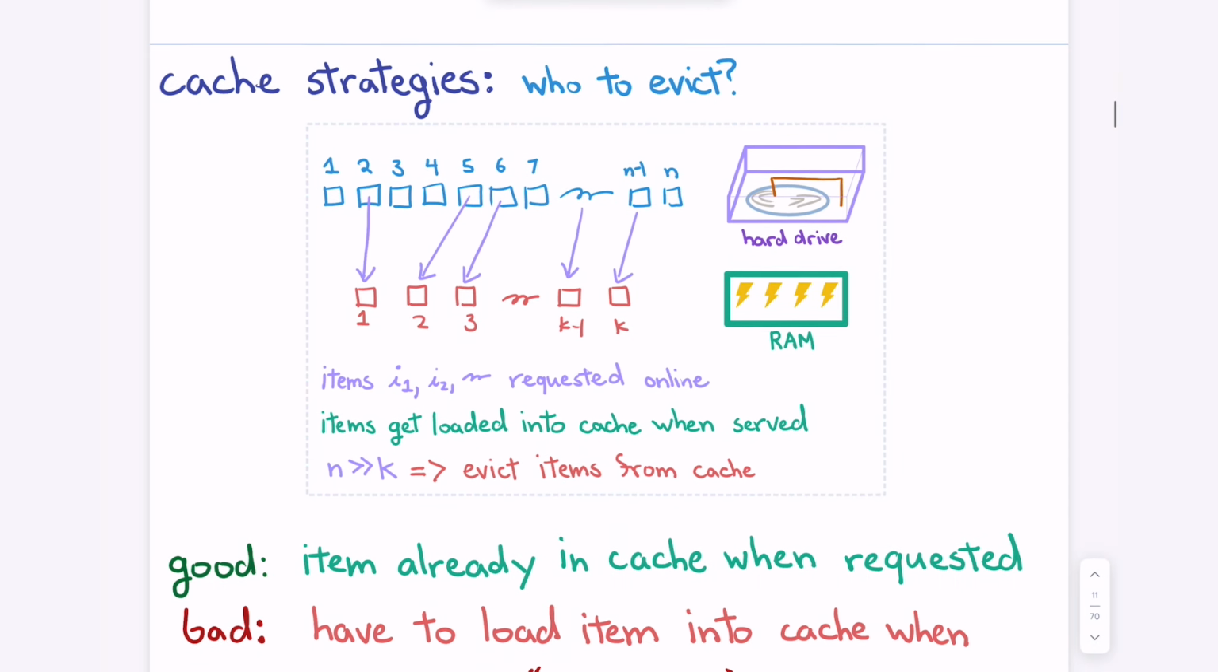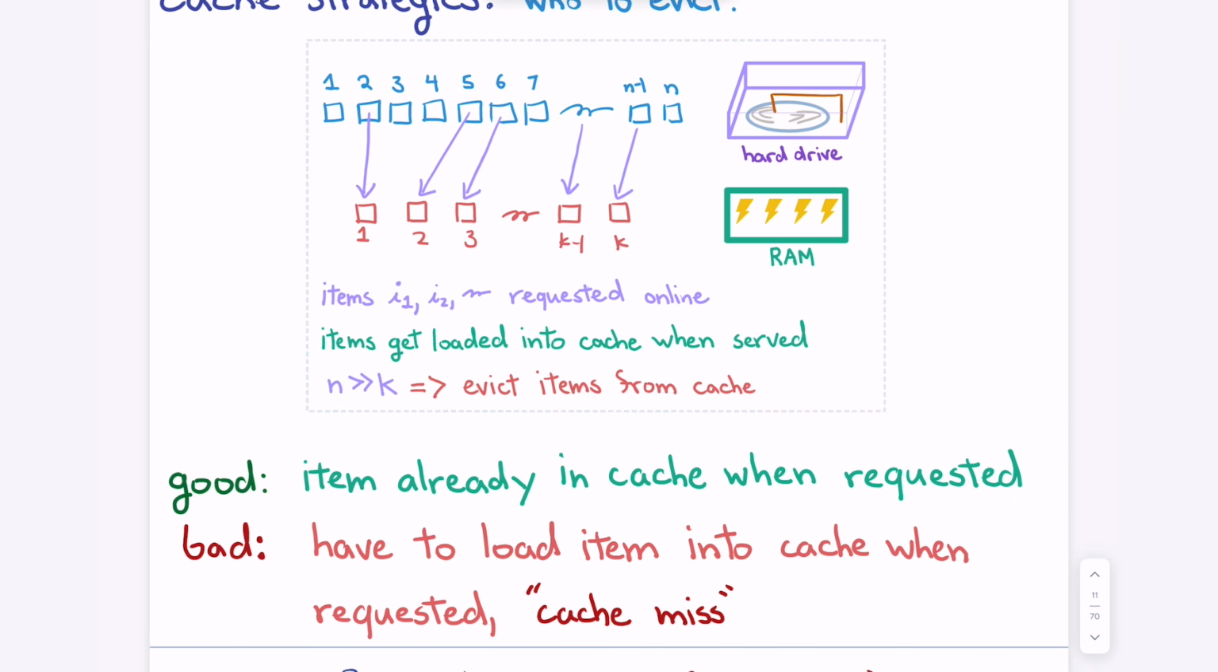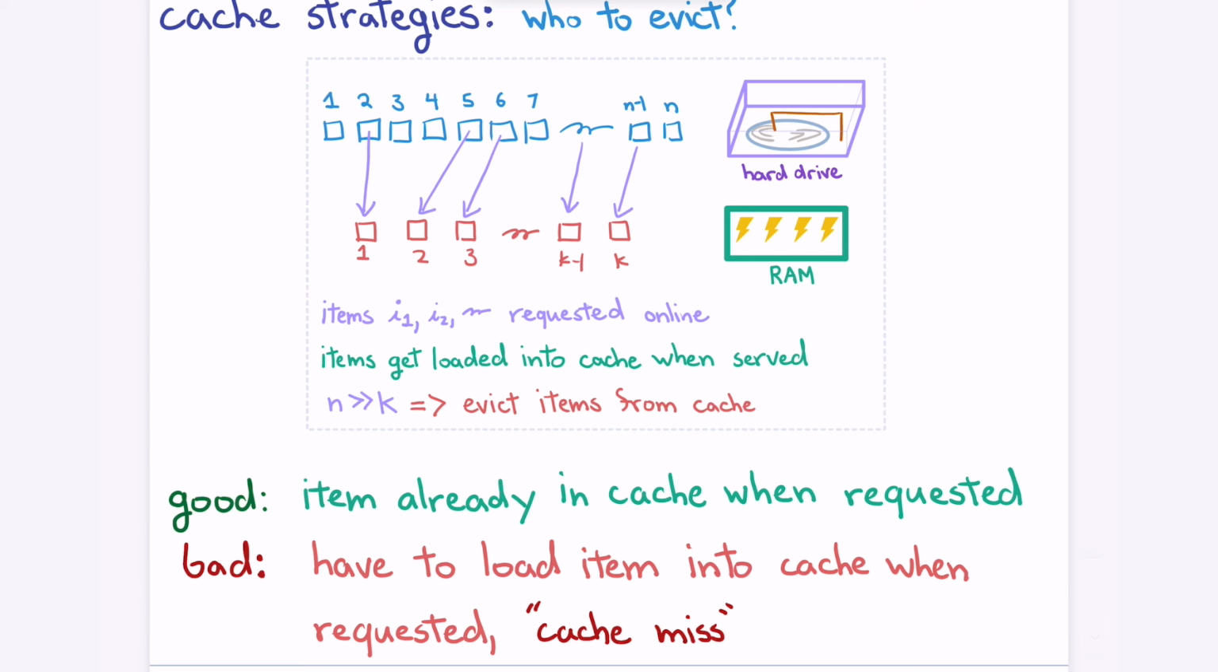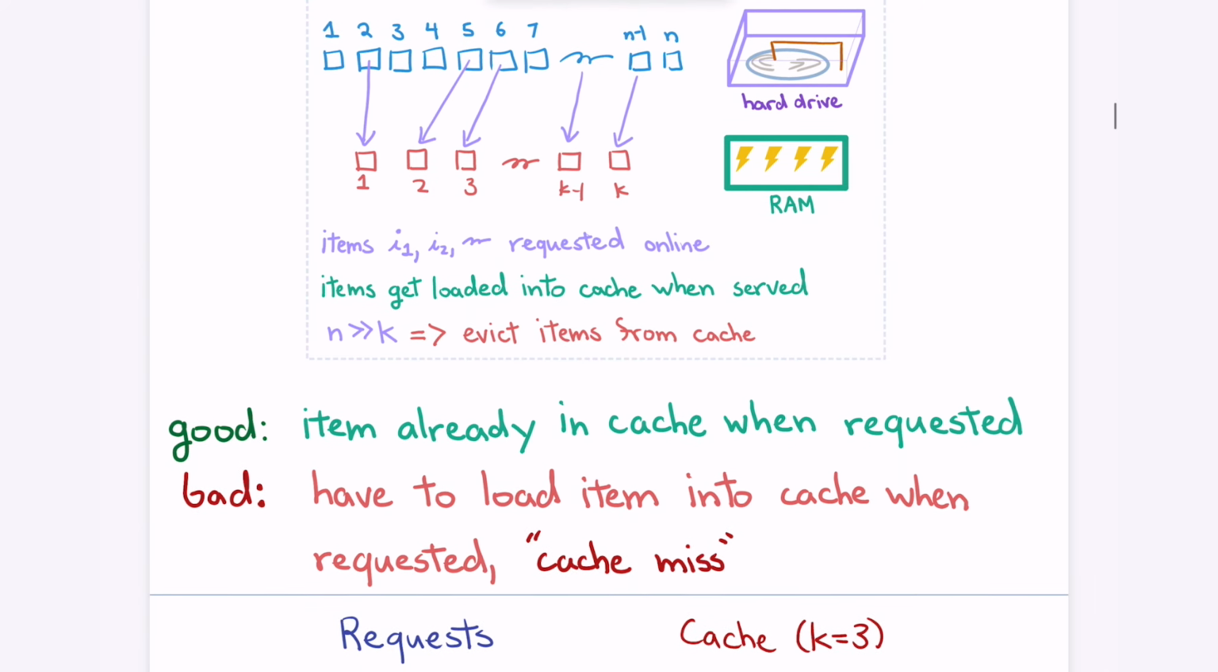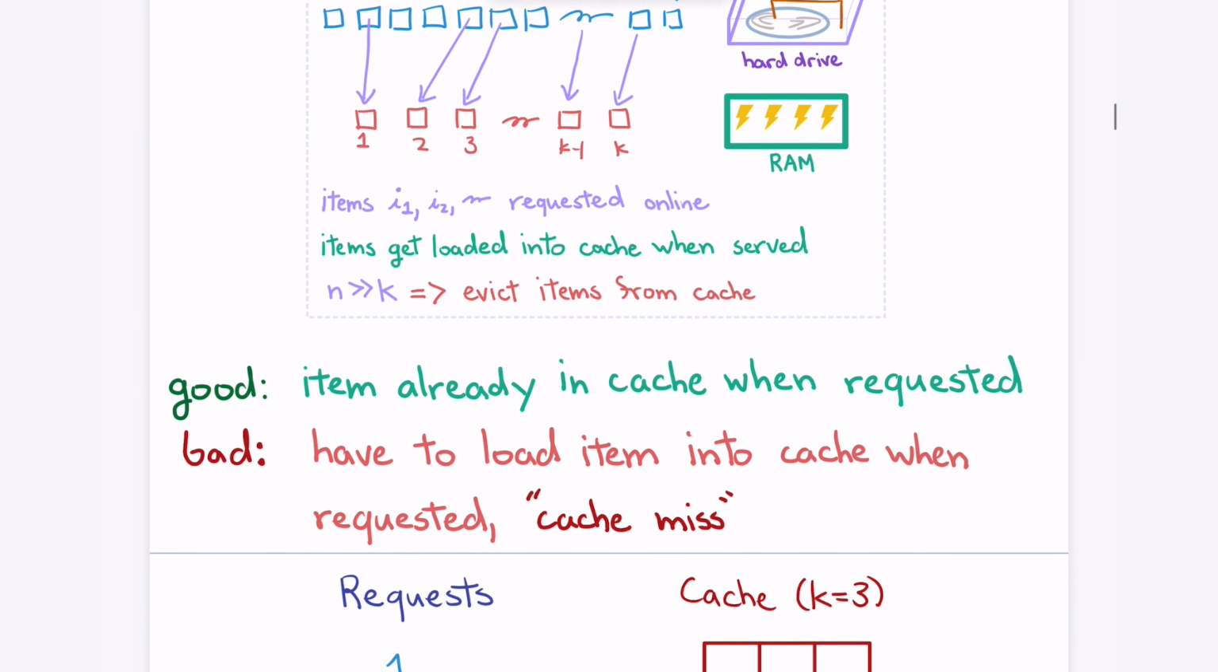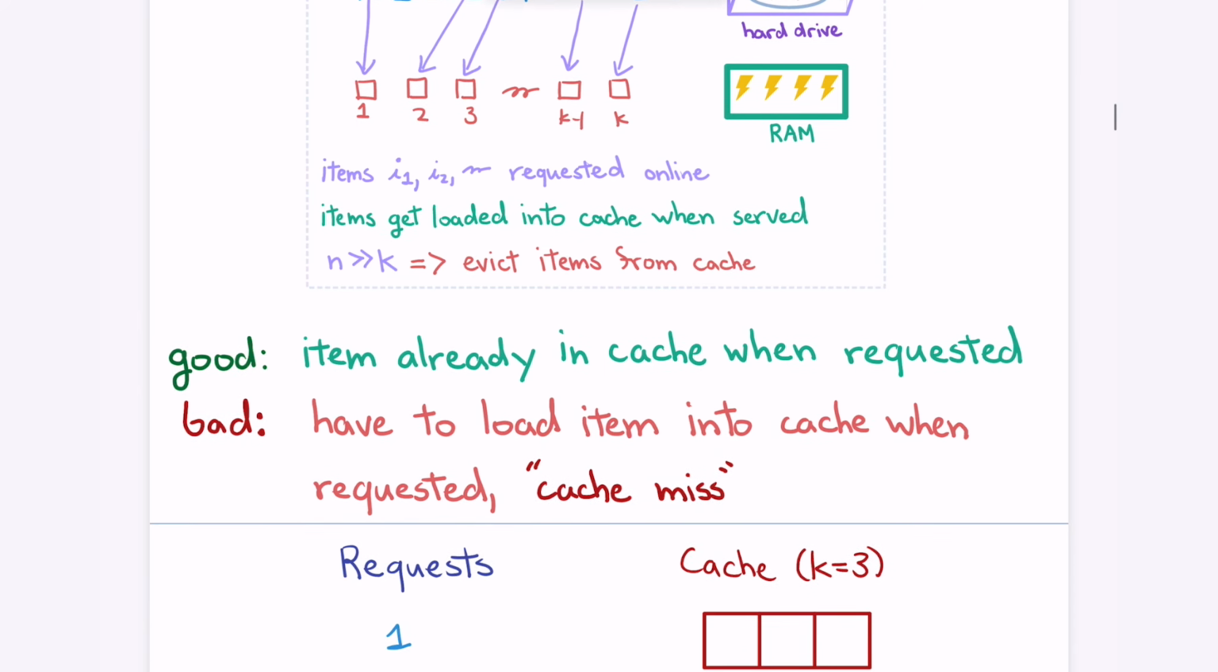Okay, here's the game we're going to play. It's going to be two columns: requests and a cache of size 3. I'm going to show you a number, and then we're going to put it into the cache. And I guess real decisions will come up when you have to decide who to evict. All right. So the first request comes in. That's number 1. So you put the 1 here,